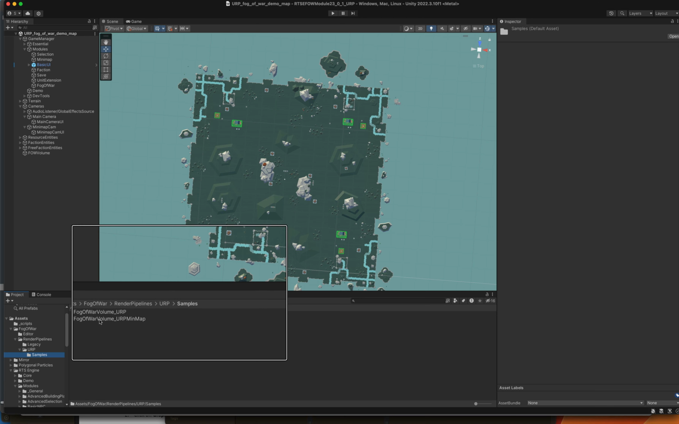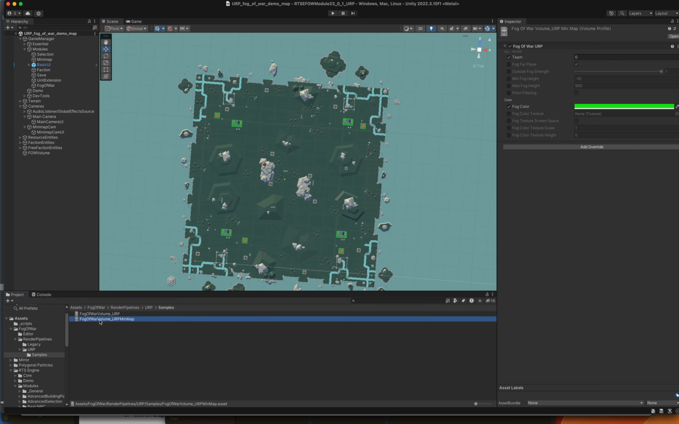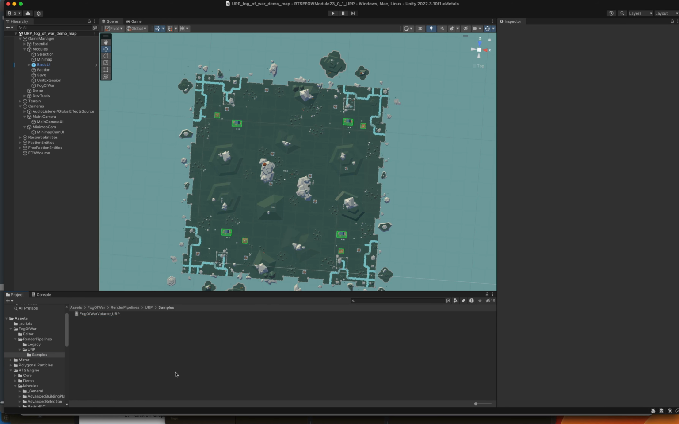Now that minimap one doesn't come with the asset. That is something I've created. And in fact, what I'm going to do is I'm going to delete that out. I will go into that in a second. If you saw the post-processing, so part 2 video, you will know what that's about. So we'll go into that in a minute. Okay,